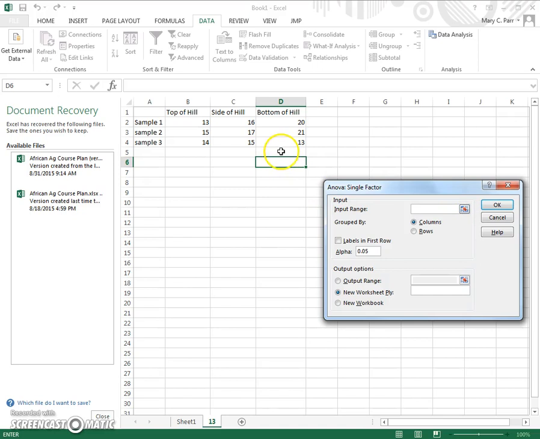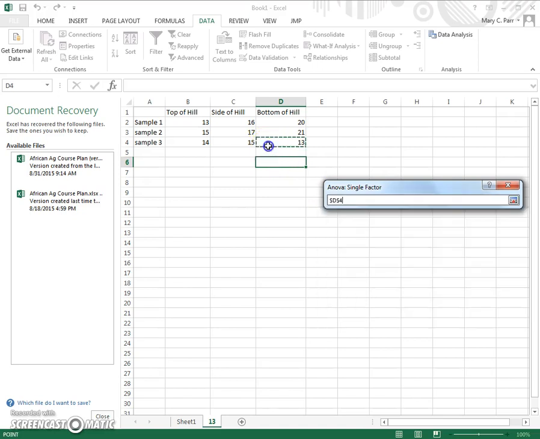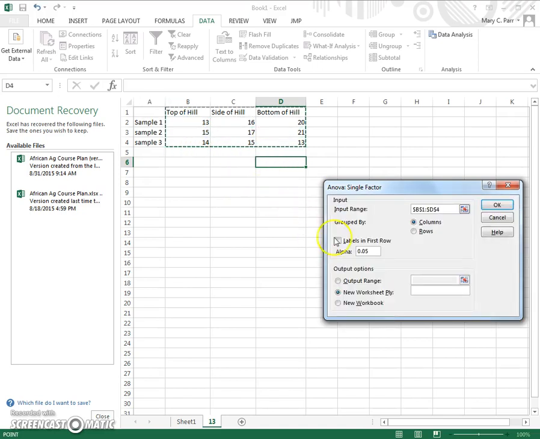My input range is where my data is. So that is my data, and I'm going to say that labels are in my first row. And it is grouped by columns, because each column is how I have that. Now if you grouped your data in rows, you would click that the data is grouped in rows. So I have alpha set at 0.05, and we'll talk more about alpha in class, but just so you know now,